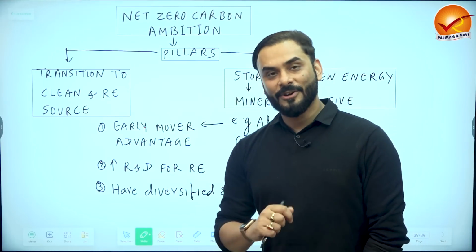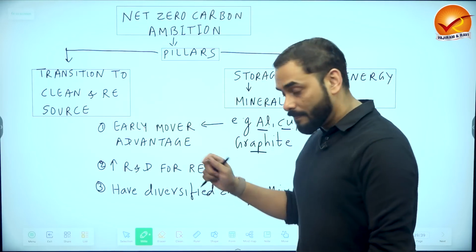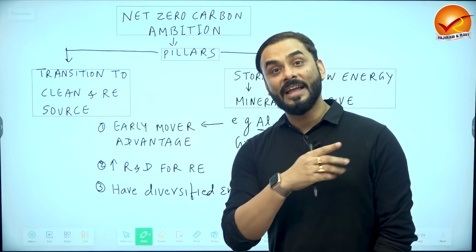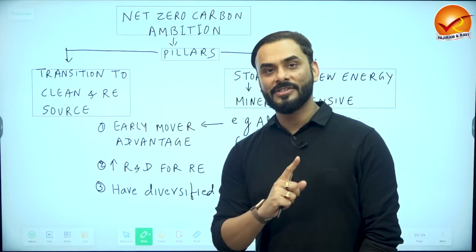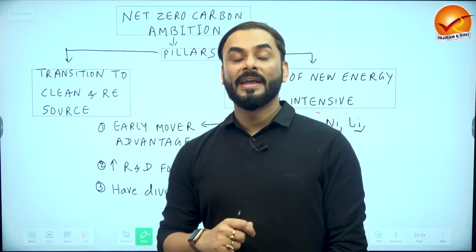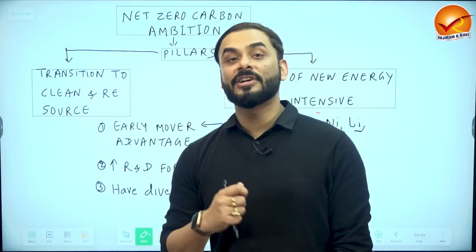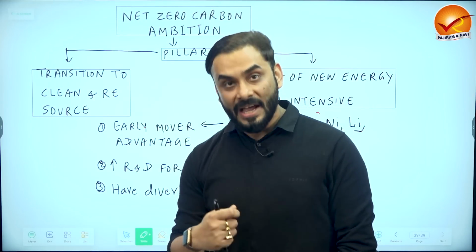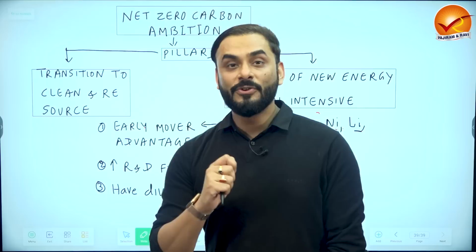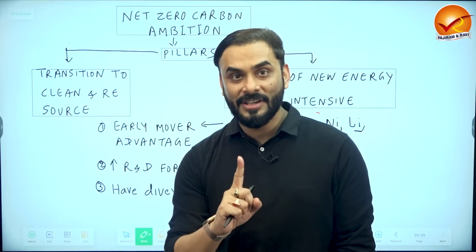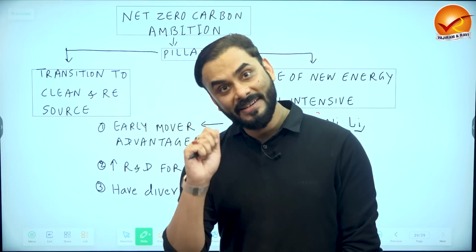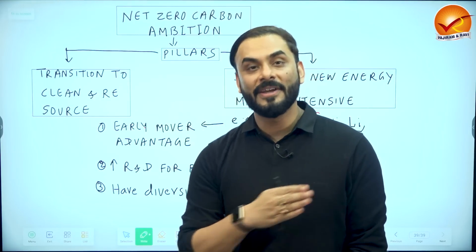One point which the economic survey has said is, you must not depend on one source of energy. You must diversify your sources of energy, otherwise you will land up in crisis. For example, they have taken the example of Europe, where recently there was a crisis because of the supply of gas. It became very costly, the supply was less, and there was a crisis. So if you depend on only one source of energy, and that source is not available or becomes costly, then you are in crisis. So always diversify your sources of energy.